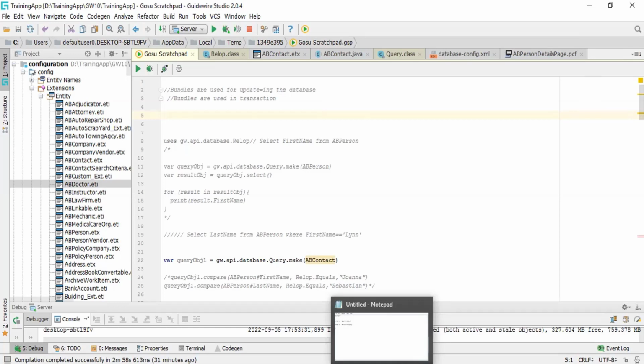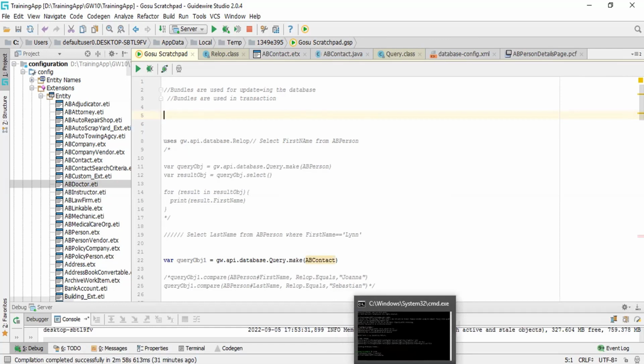So tomorrow we'll discuss more about bundles: what are the types of bundles present, in which scenario we'll use which bundle, what are the capabilities of bundles, all this stuff, right? I think I've already uploaded the Gosu queries, so you can go through the Gosu queries documents, and then